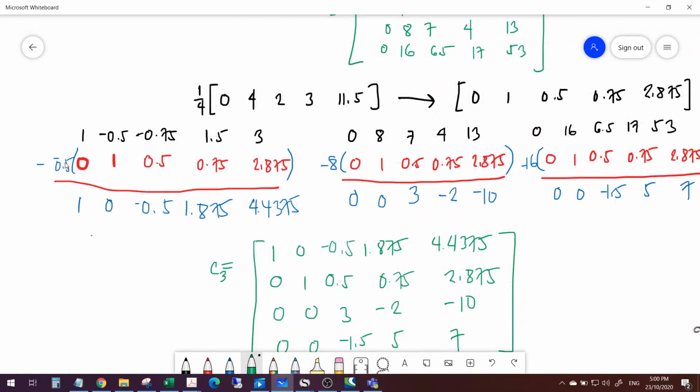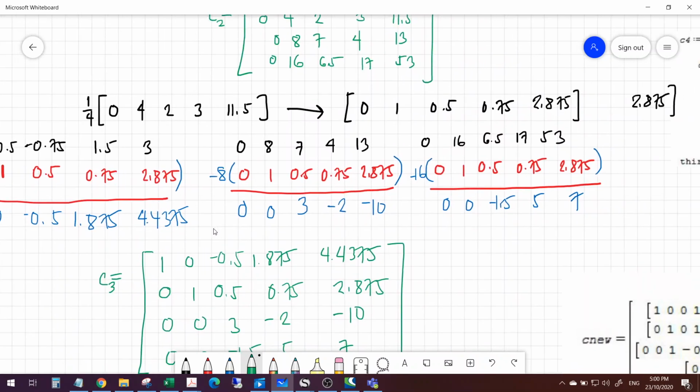Okay, so again, subtract these two rows. So 1 minus negative 0.5 times 0 is simply 1, because any number multiplied by 0 is 0. Negative 0.5 minus 0.5 times 1 is therefore 0. Negative 0.75 minus negative 0.5 times 0.5 is negative 0.5. This will be 1.875,